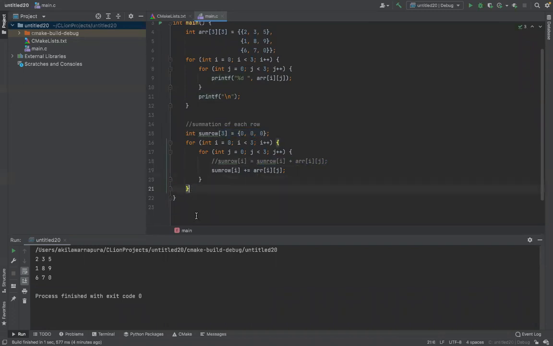Then after this for loop is complete, you can print the values in the sum row. Since this is a 1D array, that means a one dimensional array, one for loop is enough. For i equal 0, i less than 3, there are 3 values available, then i plus plus. Then you can print the values, printf sum of row